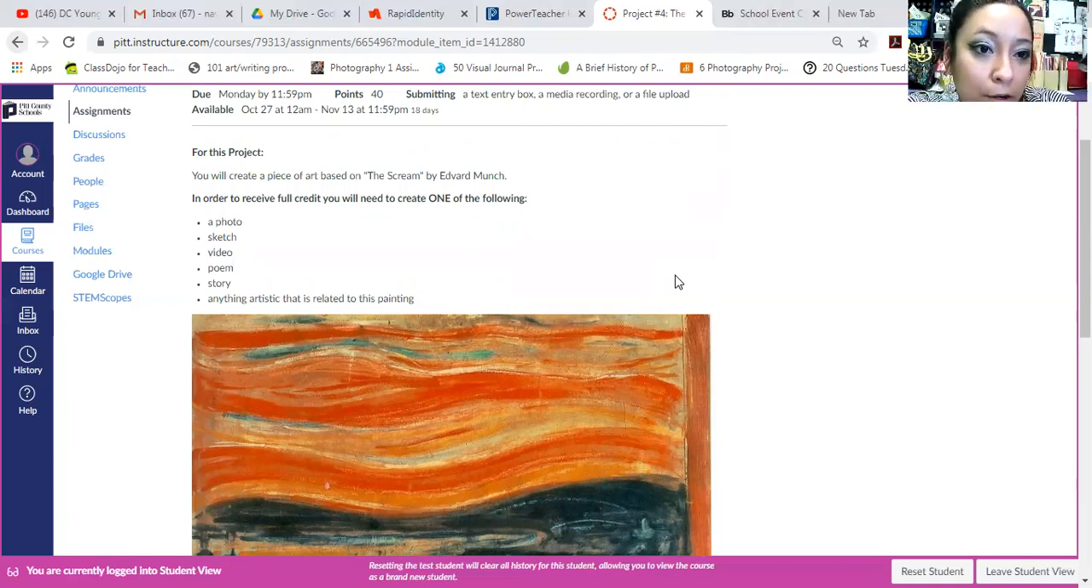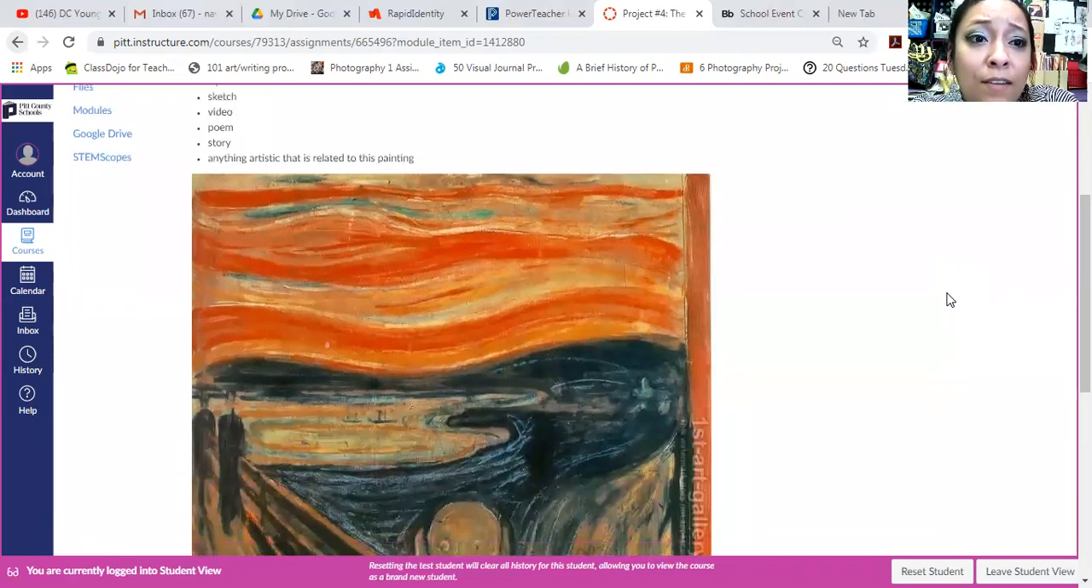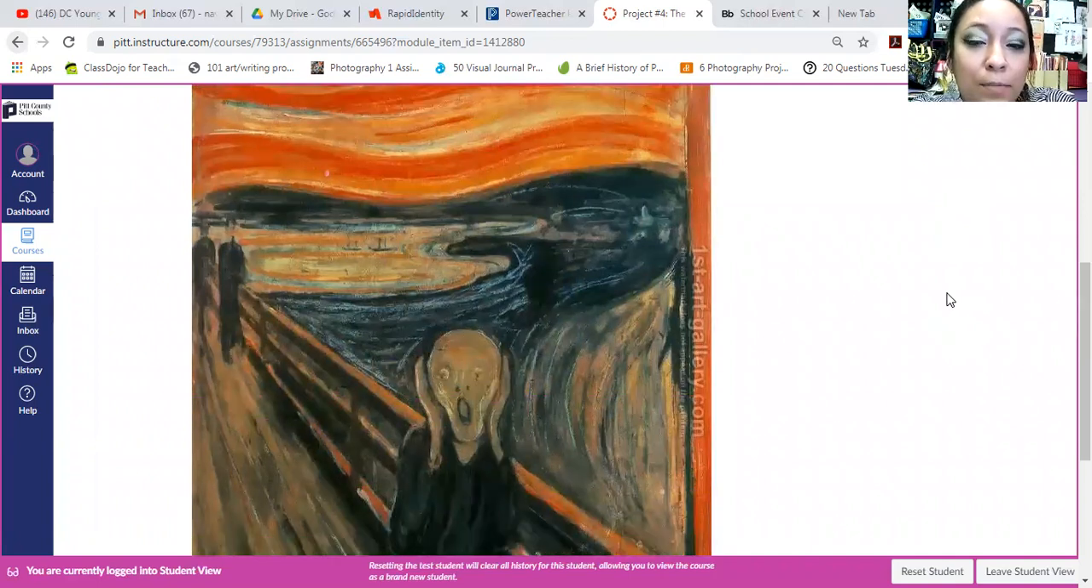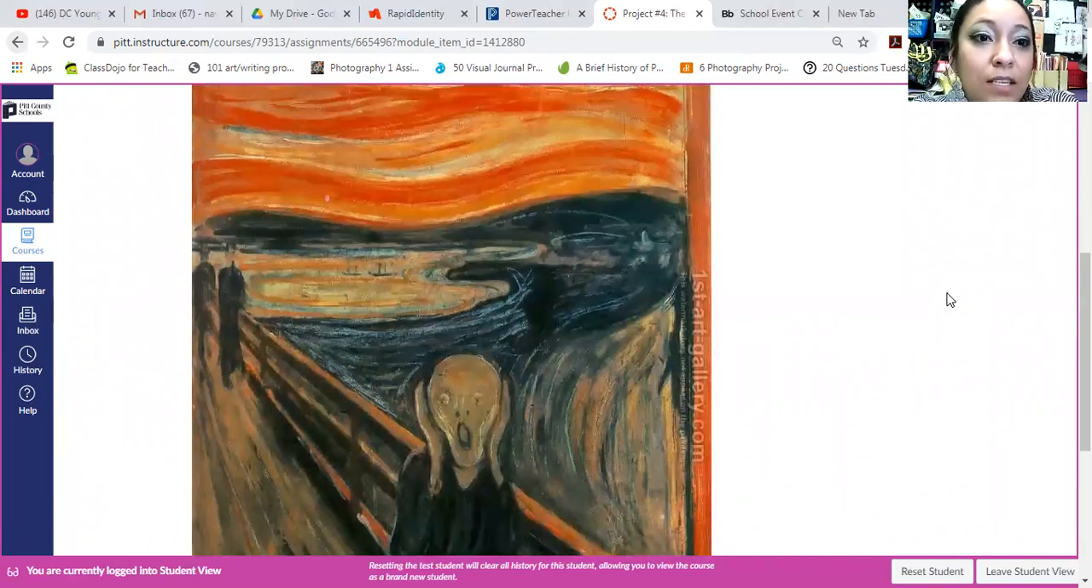It could be a video based off of you doing some research on Edvard Munch, or research on this piece of art, because I believe it's a print. Yeah, it's not a painting, it's a print. You could do a poem based off of it, if you're really good at writing. Poetry is a very intricate form of art as well. It's literature, but it's still art. So you can write a poem about The Scream,